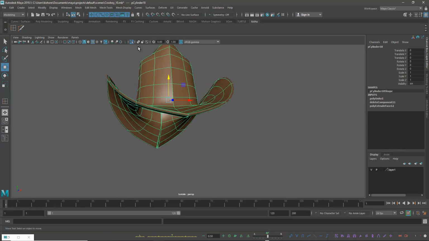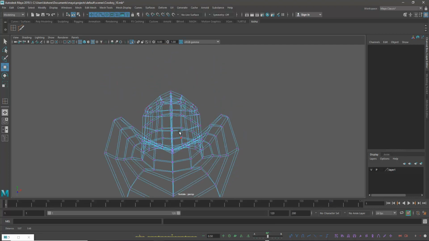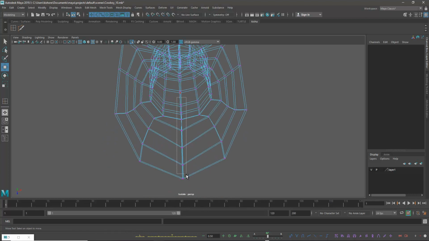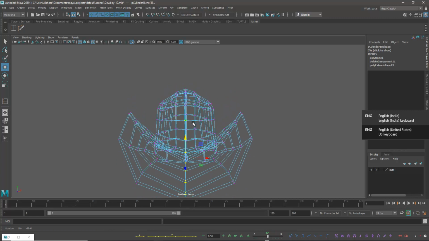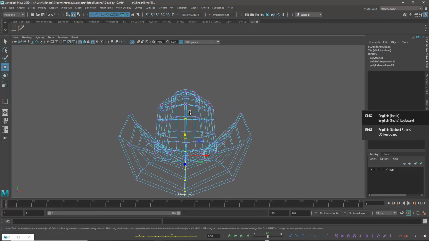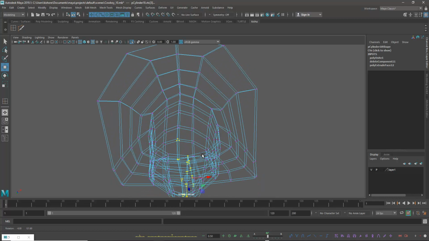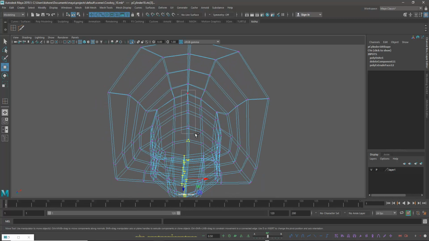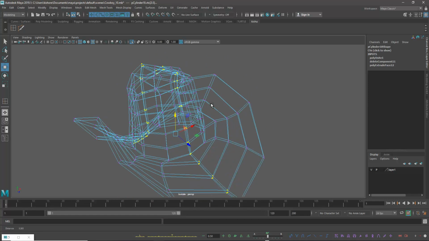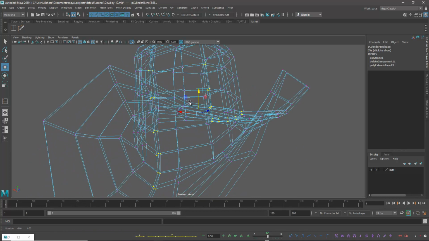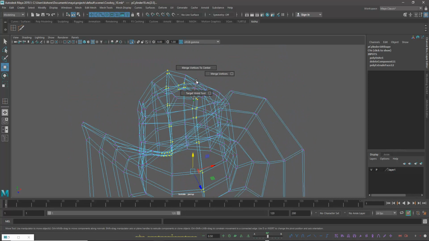So here what I'm doing, select all. What I'm doing here is just checking whether all the vertices are selected or not, and hold the shift and you can see merge vertex.